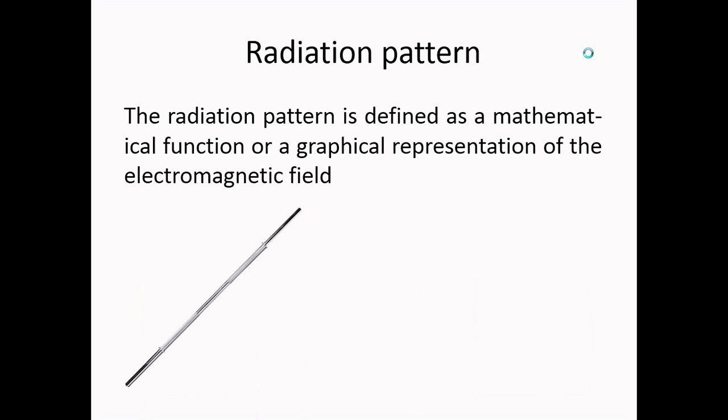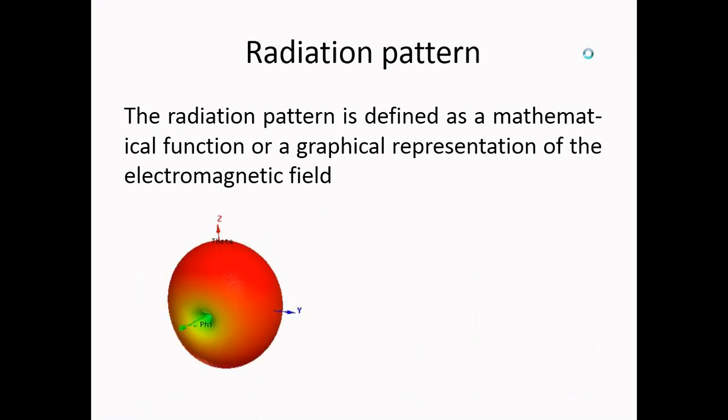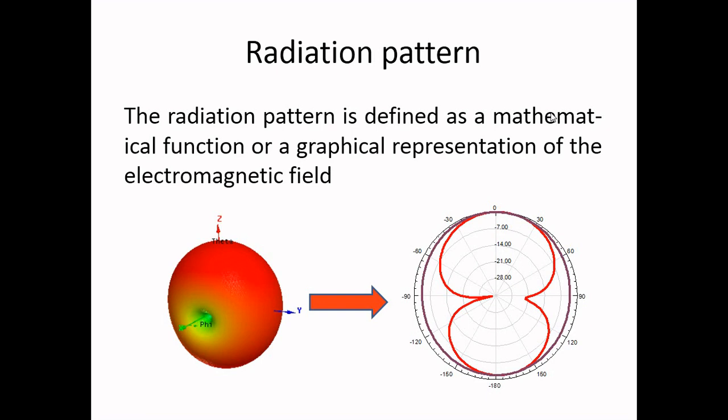Now let us talk about radiation pattern. Actually, what antenna does? It radiates, and depending upon its structure, it radiates in a defined shape. Let's imagine this rod is an antenna. How will it radiate? Let's say like this. This pattern is known as radiation pattern. A radiation pattern is surely graphical, as we can see, but how it is mathematical we'll know by the end of this video. Radiation pattern can also be represented using a two-dimensional figure. This is known as polar plot.